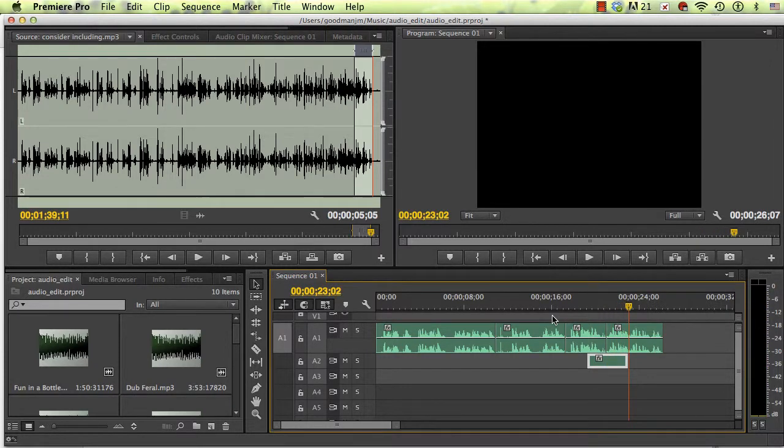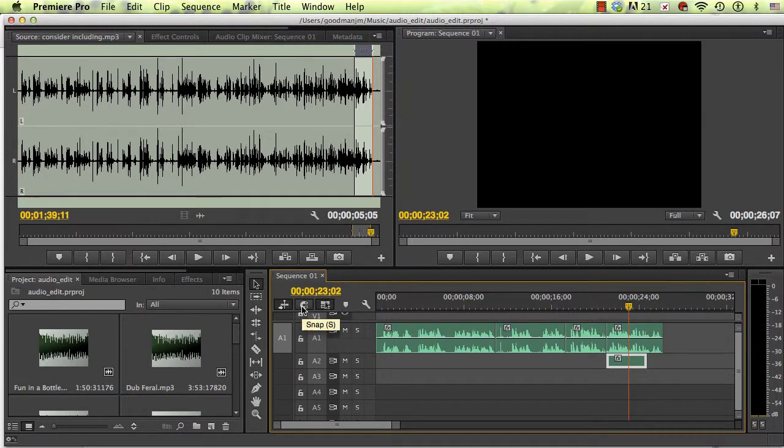And you can see how you could begin to build an audio edit. Now, a couple of tricks. One, if you want to turn snapping off, snapping allows this thing to snap to an edit. It's easy to drag it so it snaps to the end point of something. If you want to turn that off so you can nudge things just a little bit, you need to make sure that